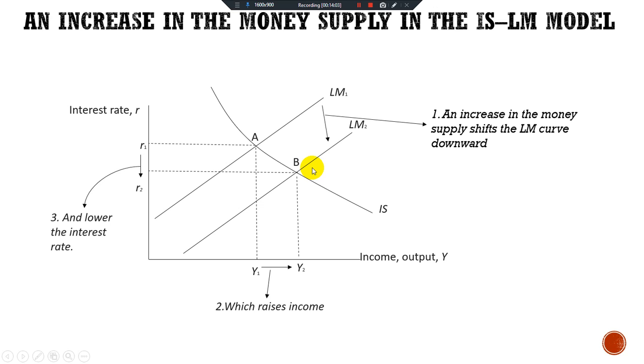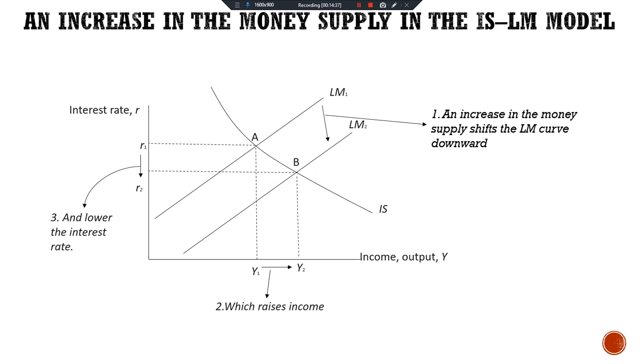The increase in money supply lowers the interest rate and raises the level of national income. Once again, to tell the story that explains the economy's adjustment from point A to point B, we rely on the building blocks of the IS and LM model, the Keynesian cross and the liquidity theory of preference. This time we begin with the money market,